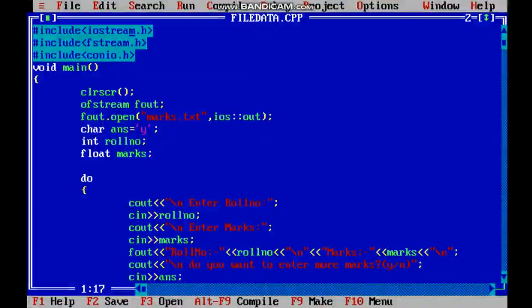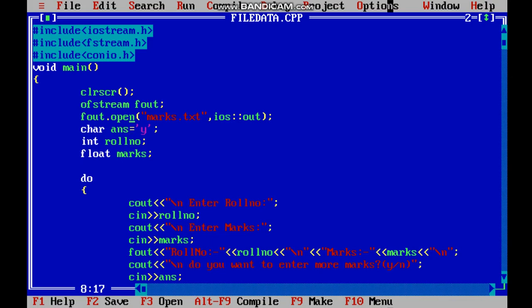So now here in the program I have added all three header files. Two are the usual ones and one is a new header file, that is fstream.h. You can use both of them with the new one. The old, previous header files I have used because I want to use clrscr and cout or cin in this program. Now I have written void main for the program, then the clear screen. You know the advantage of using both of them.